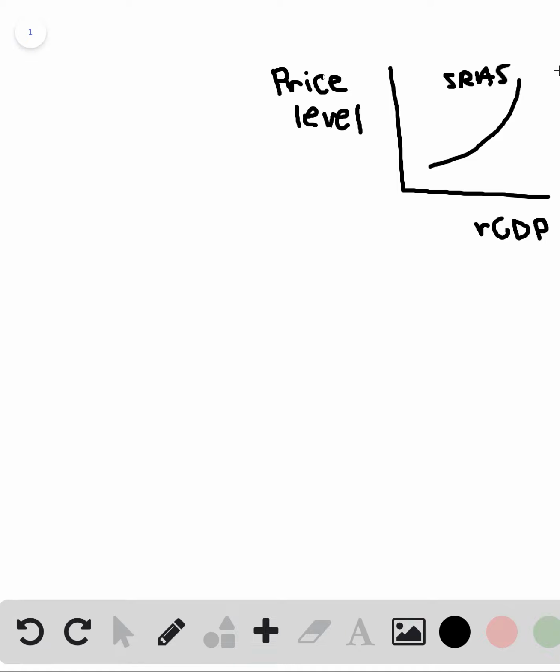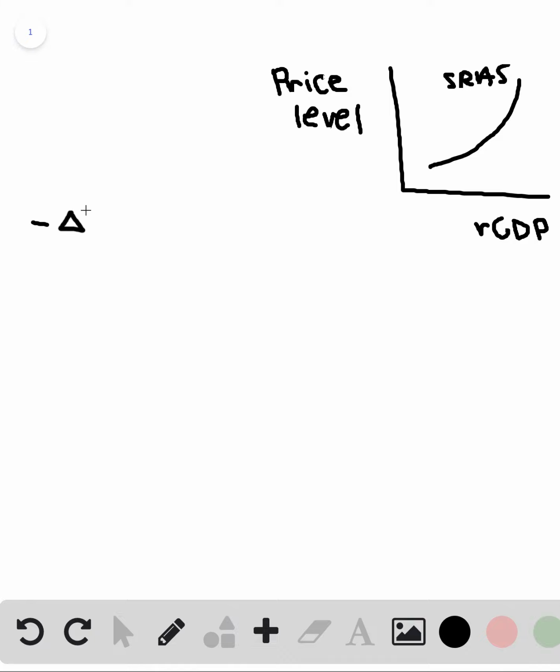Now, before we get into the variables that do cause the aggregate supply curve to shift, I want to highlight a variable that absolutely does not cause the short-run aggregate supply curve to shift. If there is a change in the price level, that is a movement along the short-run aggregate supply curve. So whenever you have a question that asks about shifts in the short-run aggregate supply curve, changes in price level should not be part of your answer. But in terms of variables that do cause the short-run aggregate supply curve to shift, we have